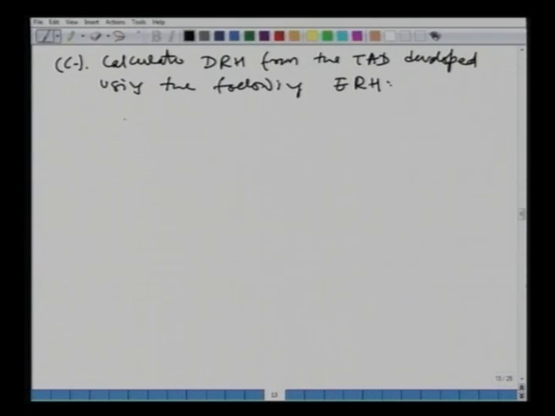Okay. First one is very simple. Let us say it is 2 centimeter. All right. This is your effective rainfall, and this is your time. And this time interval is 5 minutes. So, let me say that for this ERH delta t is 5 minutes, so that there is no problem. Okay. So, that is part 1, and the other one,